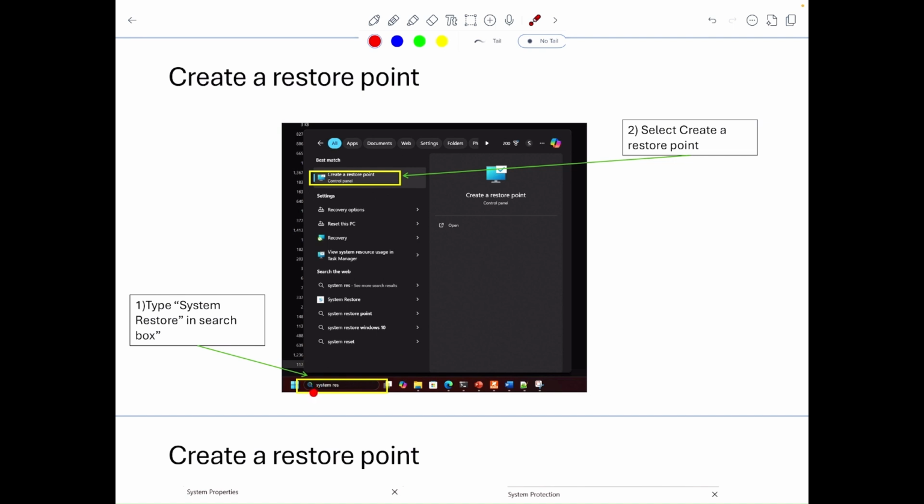Okay, so there comes most of your commands and scripting. It's over. There are a couple of other things you might be tested on in your Windows exam. One is you might be asked to create a restore point. How do you create a restore point? So all you need to do is go to your